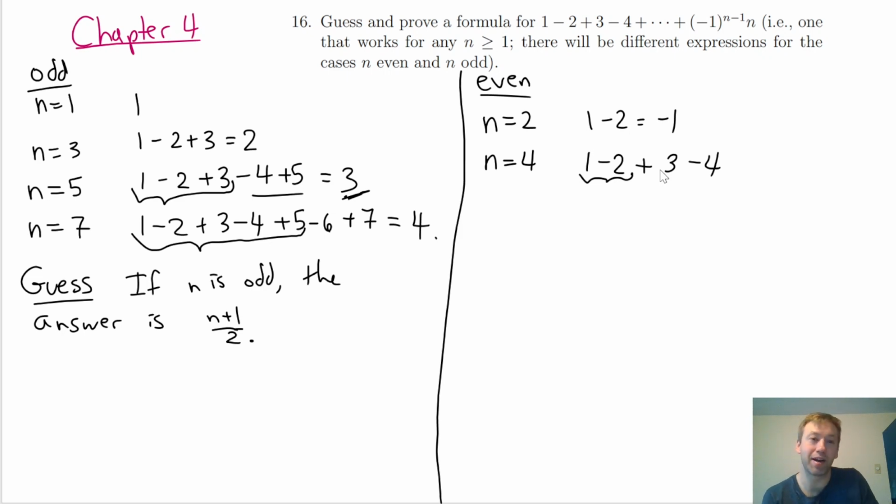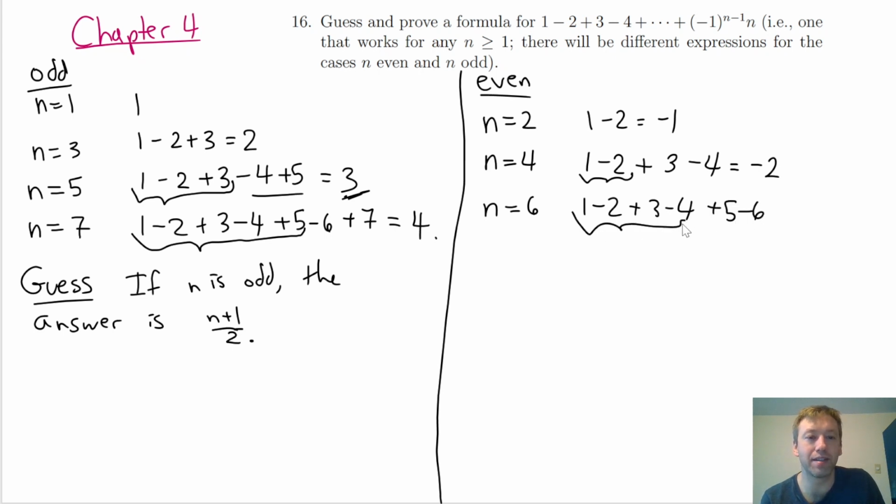But that's the same as subtracting 1, right? If I add 3 and subtract 4, effectively it's just subtracting 1. Let's do n equals 6, 1 minus 2 plus 3 minus 4 plus 5 minus 6. Again, most of this is just like what I computed before, and then I subtract 1, so it's like minus 3. So I think we can guess that